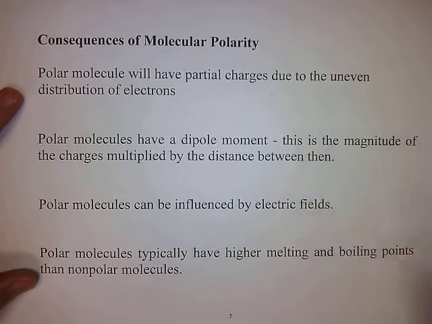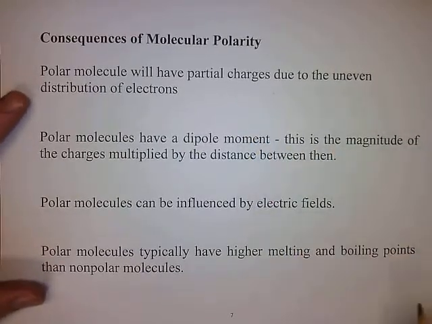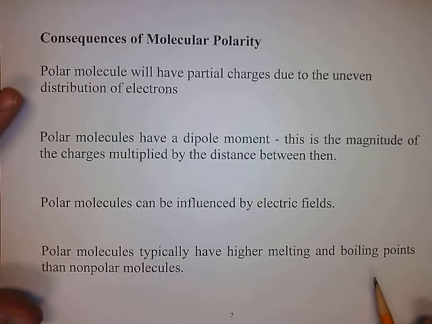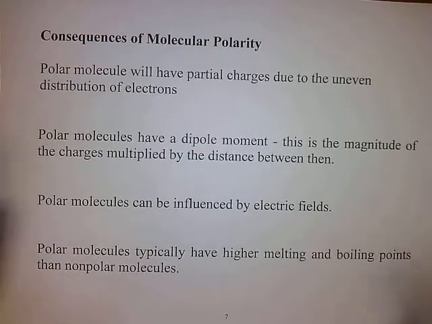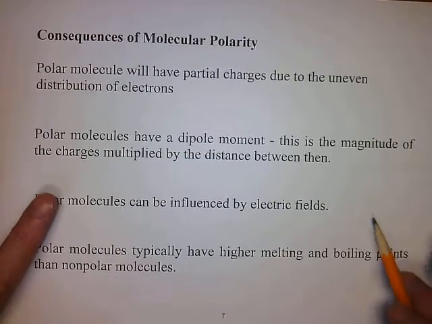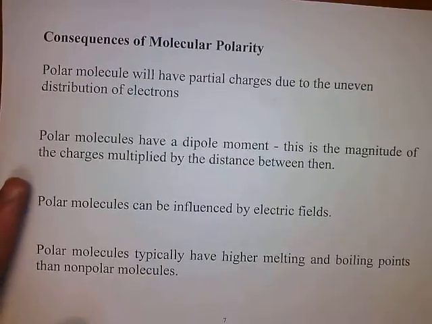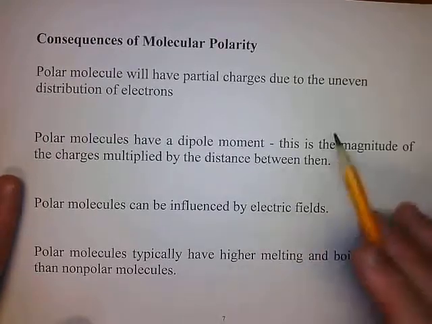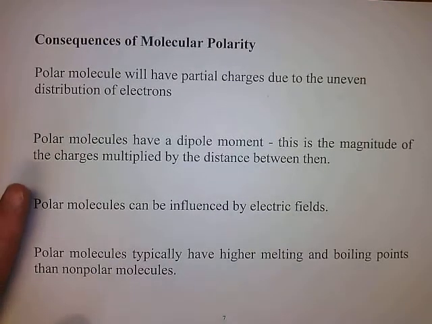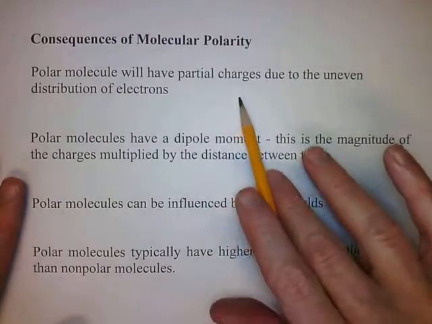So let's say a positive charge on one molecule becomes attracted to a negative charge on another molecule, so you have forces of attraction between the molecules. The greater those forces, the higher your melting and boiling points are going to be. So polar molecules, we'll talk more about that, tend to have higher melting and boiling points, and that's because of the